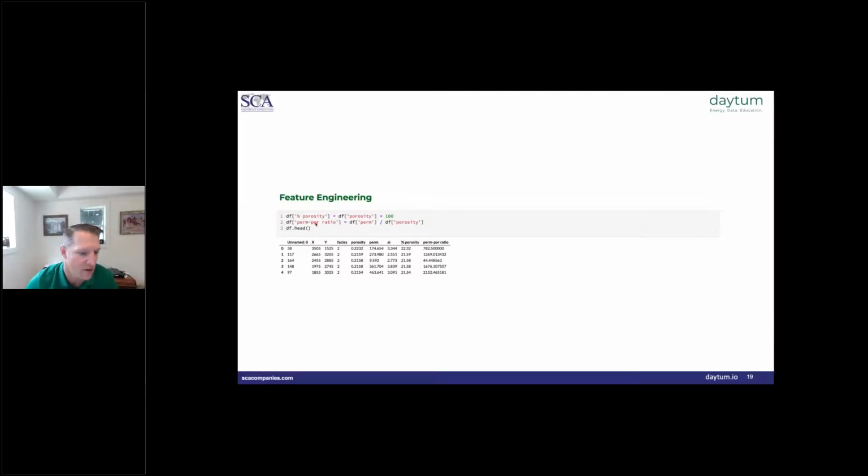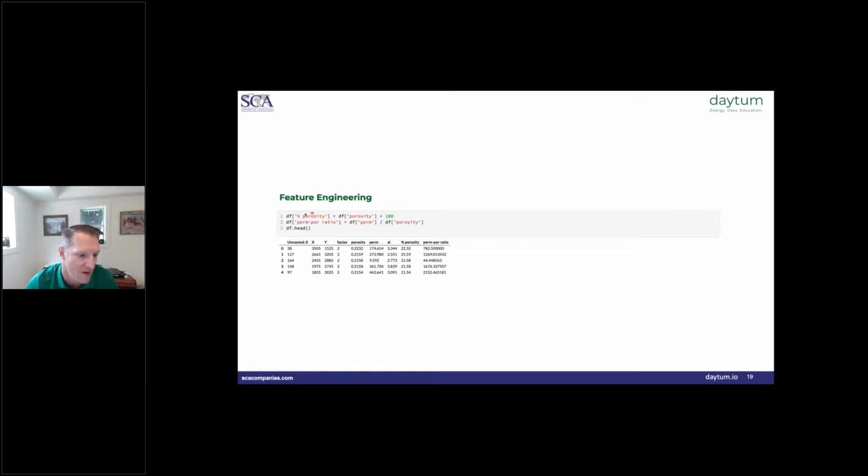So in the lingo of machine learning, we often talk about feature engineering. That is, taking the features that we have and creating more meaningful features. Often we actually use machine learning techniques for this, like multidimensional scaling or principal component analysis. In this case, I'm demonstrating feature engineering with just very simple examples.